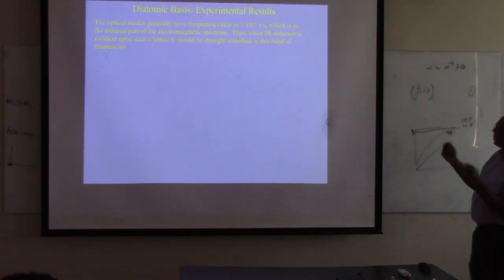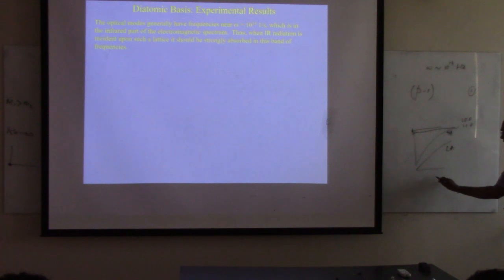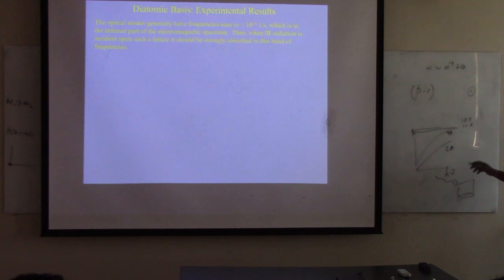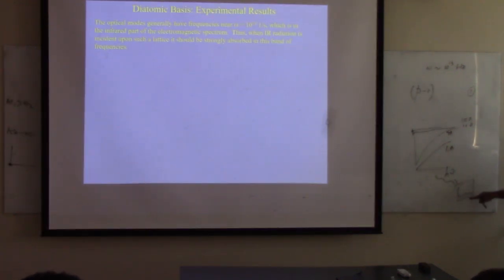So now if I have some IR radiation, h nu, and some material that already has some phonons, right? Suppose this is some optical phonon in this energy range, say 10 to the power 13 hertz. Then what happens? That photon will interact with this phonon, so then the outgoing